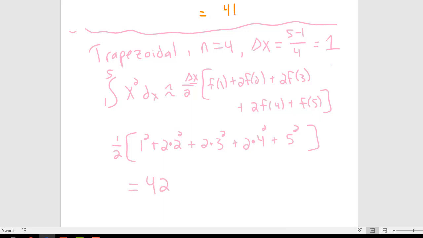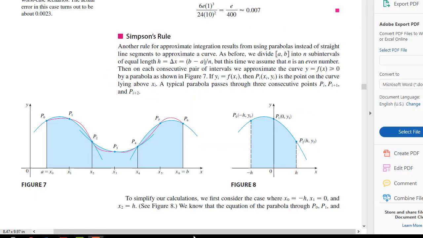All right, now let's do the other method of approximation. So the other method is called Simpson's Rule. And again, for the sake of time, we're going to make this a little easy on ourselves, and we're going to come back to Stewart's textbook, and we're going to look at his example. So the Simpson's Rule, here's what it is really doing. So instead of fitting, let's say, a quadrilateral, or a four-sided figure like a rectangle or a trapezoid, we're going to fit a parabola